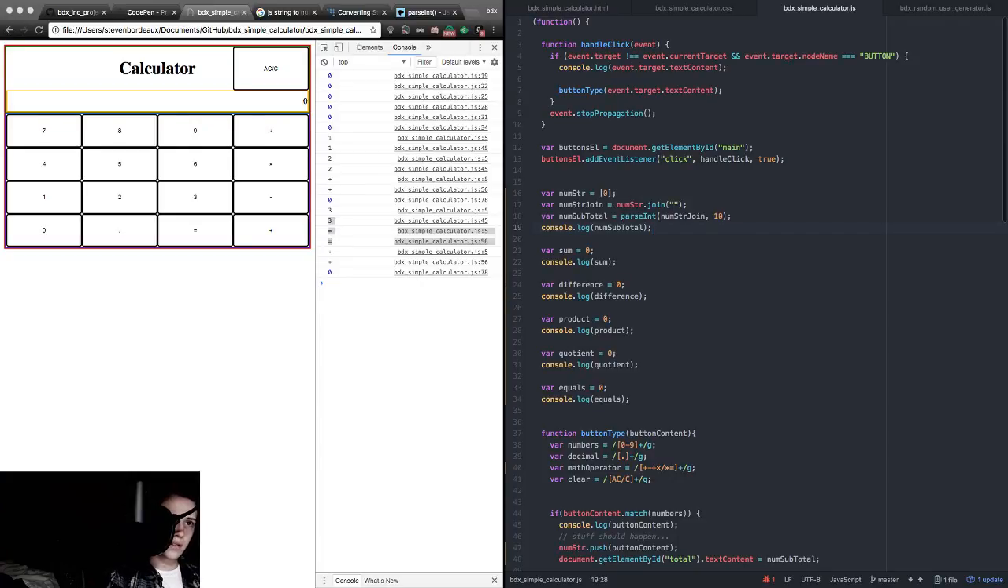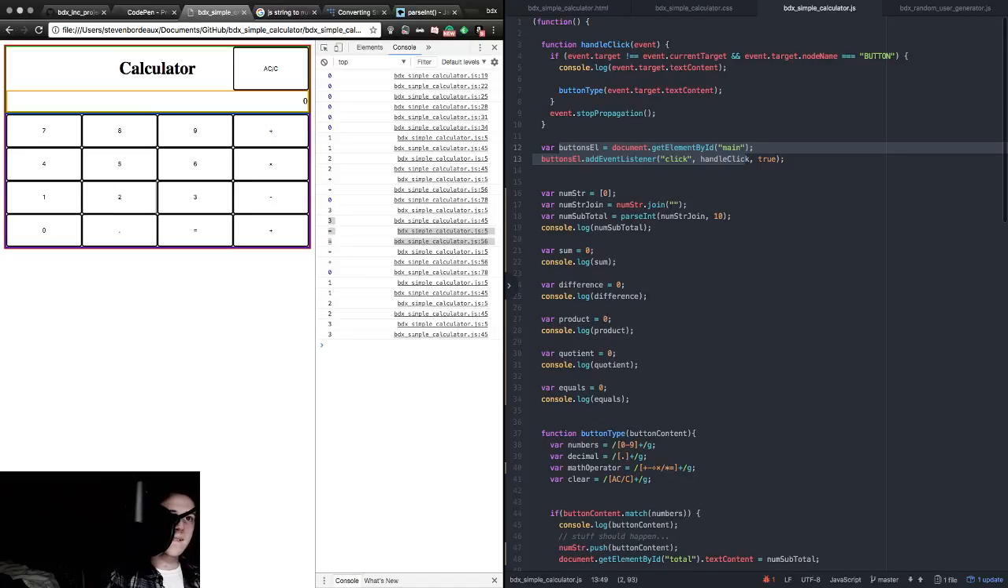We've got our event listener. So when we click on a button, 1, 2, or 3, it looks at whatever element we clicked on, determines if it's a button, and looks at its name, the text content, what is on the face of it, and then it passes that symbol, number, math operator, equal sign, whatever it is, to our button